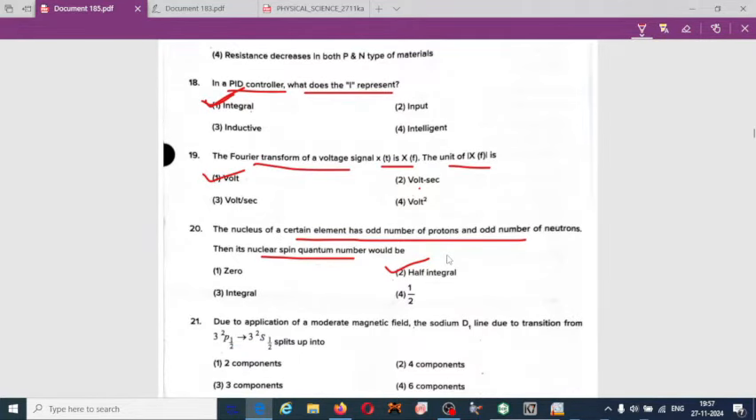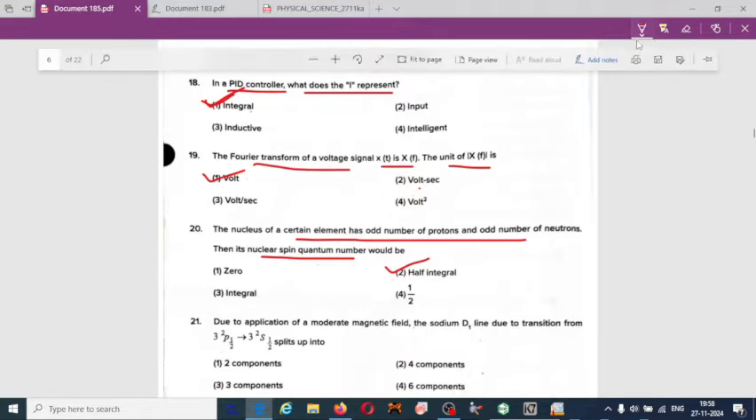Nucleus of a certain element has odd number of proton and odd number of neutron. Then its nuclear spin quantum number would be... From the given options they have given an integral answer key, so I have said it half integral, so please verify